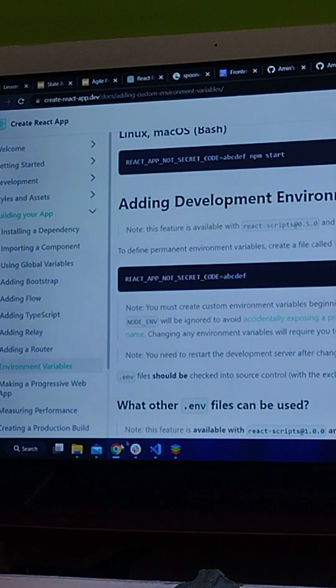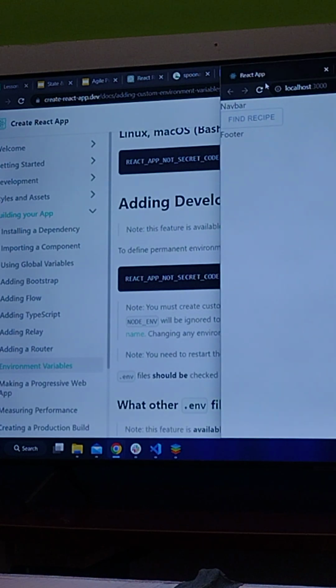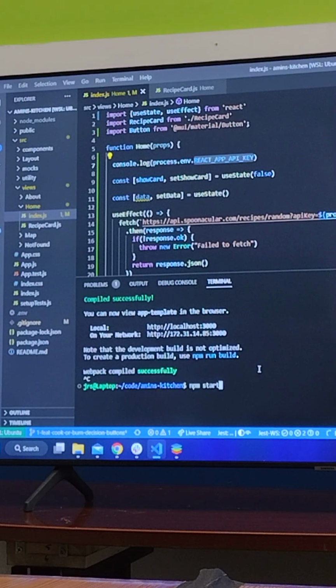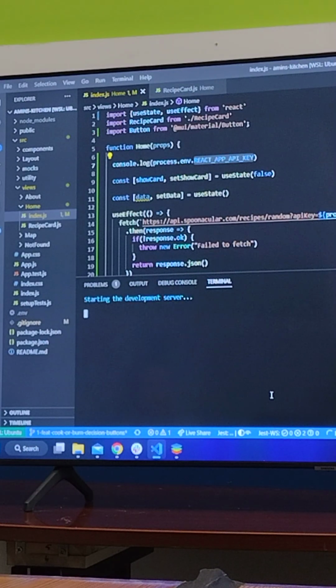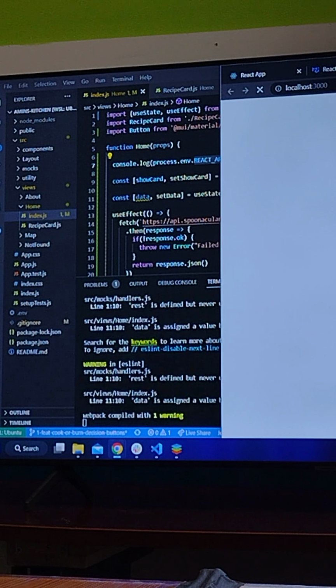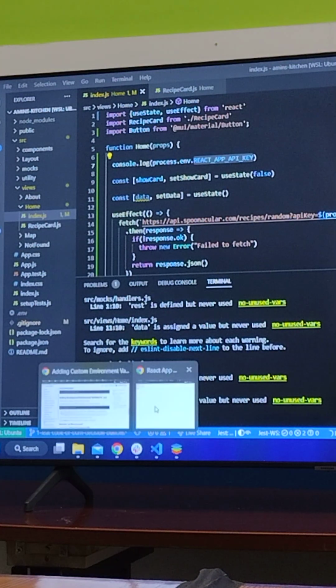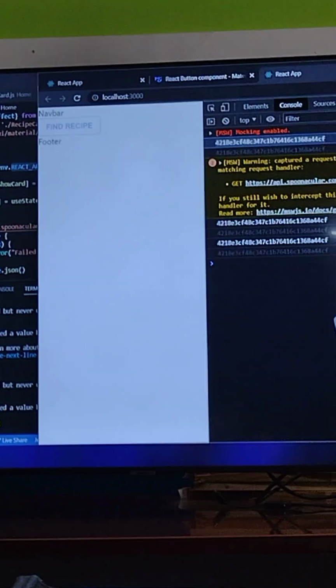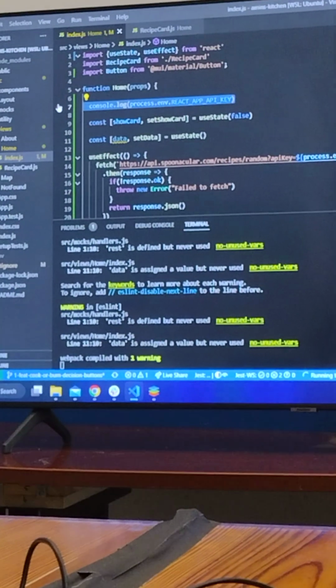Okay, so now let's double check the page. Start again. If not, I'll just put it inline. Shouldn't put it inline, but I don't want you all to suffer through me trying to figure that out. Okay, there you go. My API key is now showing, so that means that my API